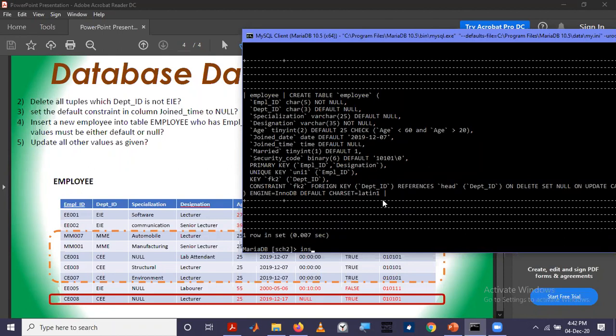Just like it is delete from, it is insert into. Insert into table name, employee. Then the attributes that we are going to insert: this attribute, this attribute, then designation.